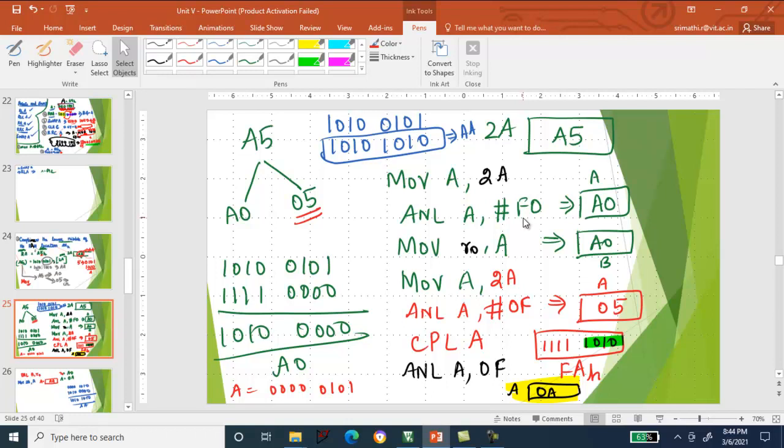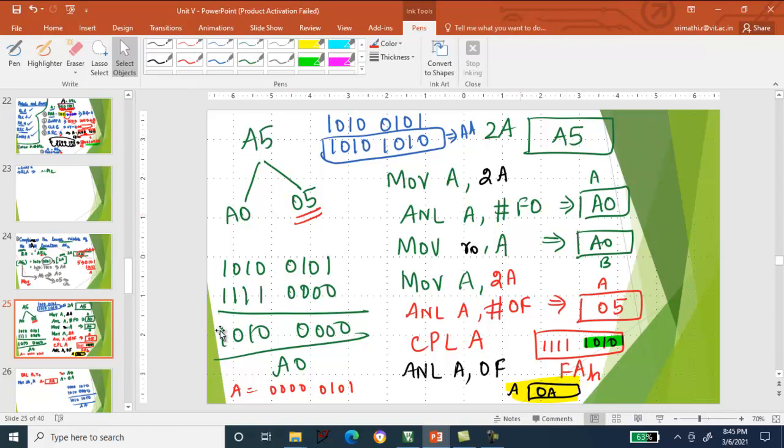F0 is 1, 1, 1, 1 and 0, 0, 0, 0, whereas A5 is 1, 0, 1, 0 and 0, 1, 0, 1. The AND gate gives 1 only when both are 1. Other than that, you will have 0. So the lower nibble will be all 0, and the upper nibble will be 1, 0, 1, 0. So A0 will be stored in the result.